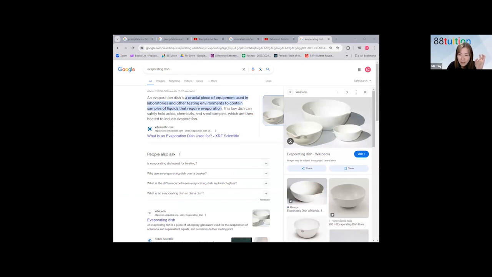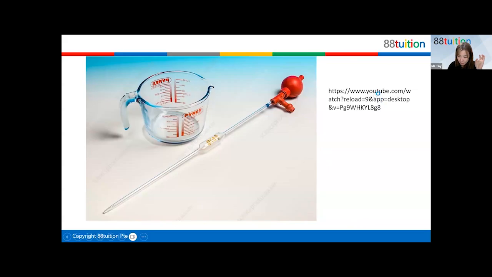All right, so let's come back to this. Pipette looks like this. I cannot find a photo that comes without all these water markings, but doesn't matter. So a pipette looks like this. This is called a